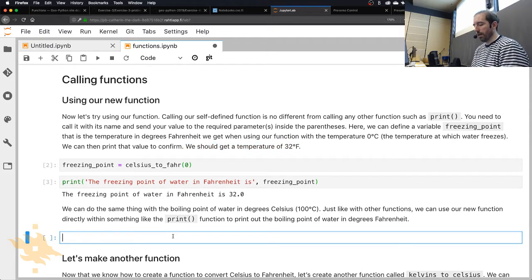We could test this again with another print statement, just to show you there's another way you can use the function. We could say the boiling point of water in Fahrenheit. Again, you can type something shorter if you want. Is, and so we won't define a variable here first when using our function, but we can just call our function in here. Celsius to